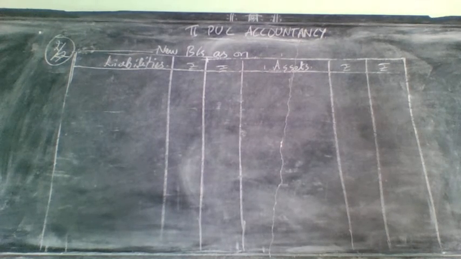If there is an adjustment, that means any adjustment is there, then you need to add or less it to that concerned asset or liability and write it down in the outer column of the side. If it is an asset, you need to write it on the asset side. If it is a liability, you need to write it on the liability side. So let us start now with the asset side. This is very simple only.